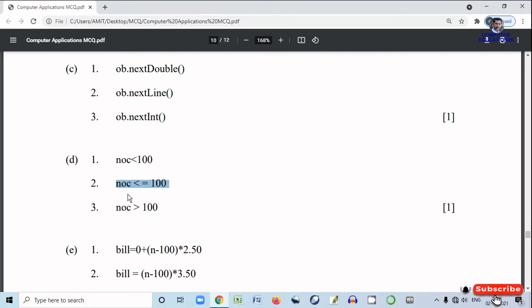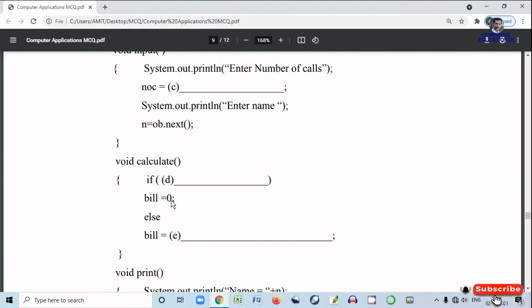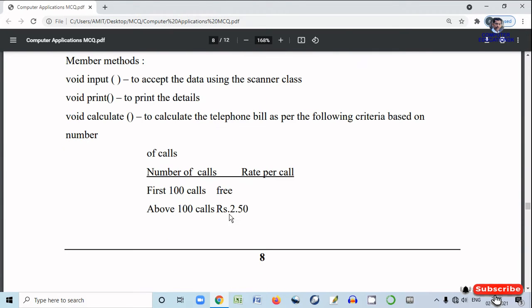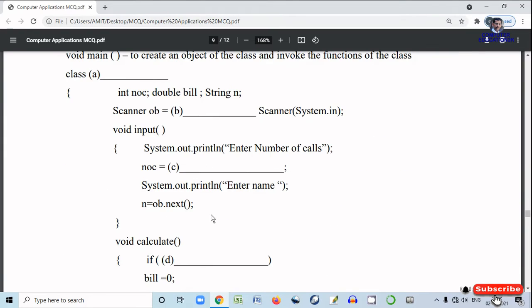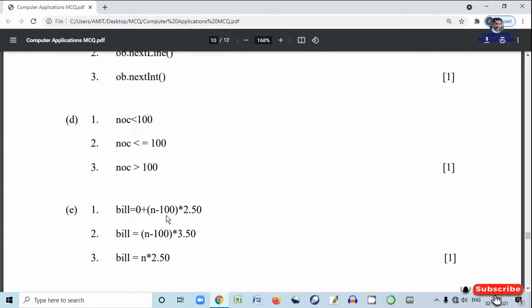Because if your number of calls is less than or equal to 100, you have to pay nothing, you have to pay 0. And in E, else how much do you have to pay? You have to pay 2.50 per call. In E part 1 will be the answer, because for the first 100 calls you pay nothing, and if you use say 200 calls, then 200 minus 100, you have to pay only for 100 calls.